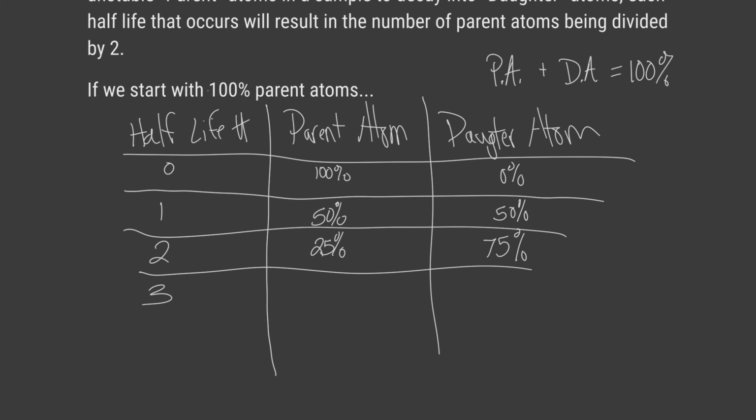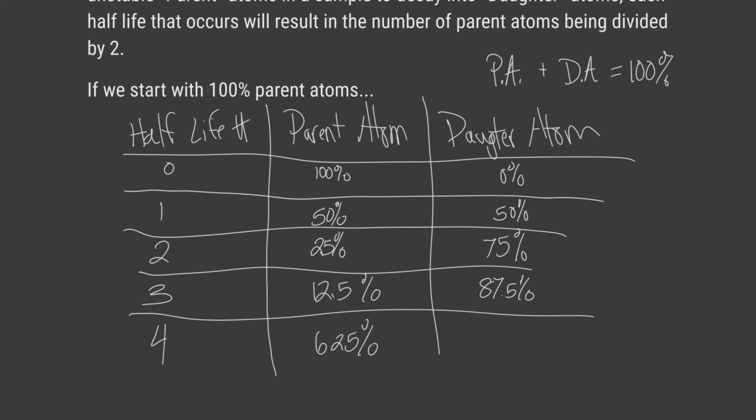So at half-life number 3, we now have 12.5% to 87.5%. Half-life number 4, you would have 6.25%, 93.75%. So you can see this is quickly building towards 100% daughter atoms, and we're getting smaller and smaller percentages